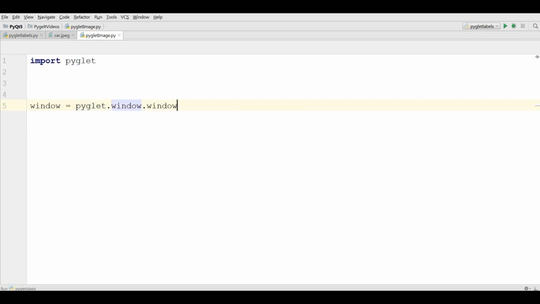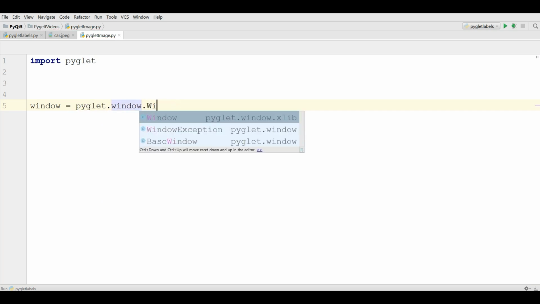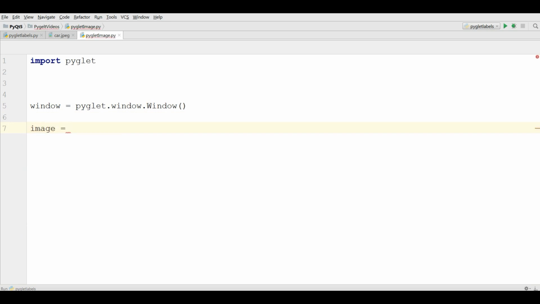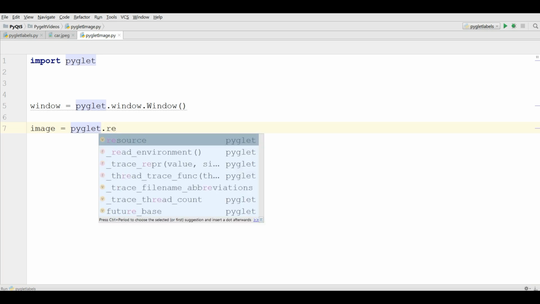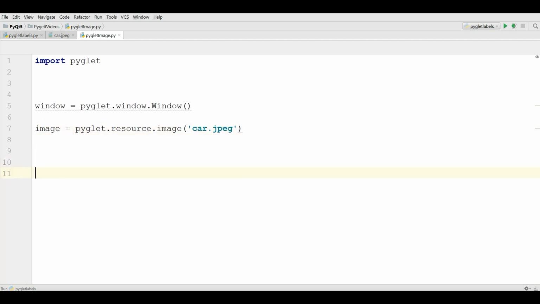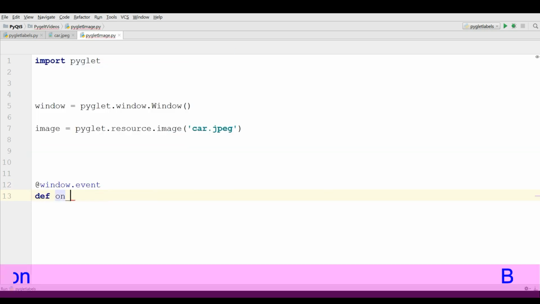pyglet.window. Okay. Now I'm going to make an image, pyglet.resource.image, and I give my image name, car.jpg, and I'm going to make my on_draw event at window.event, def on_draw,